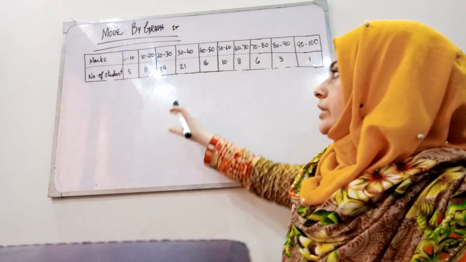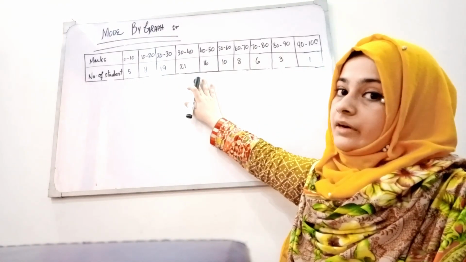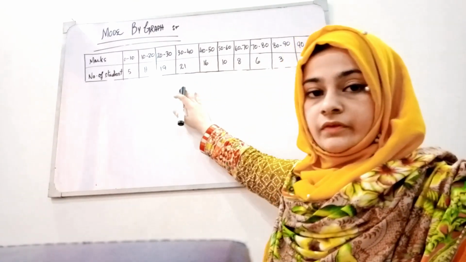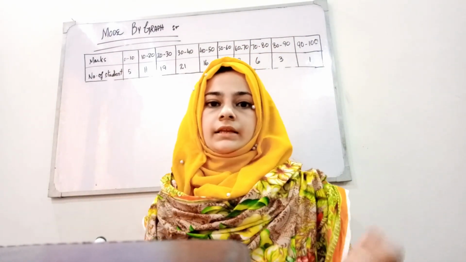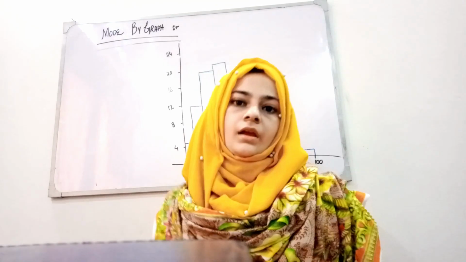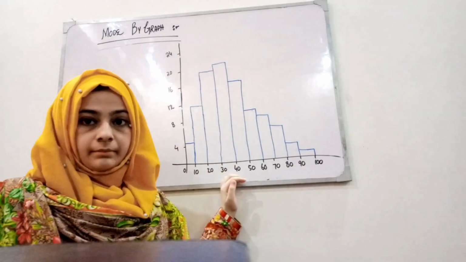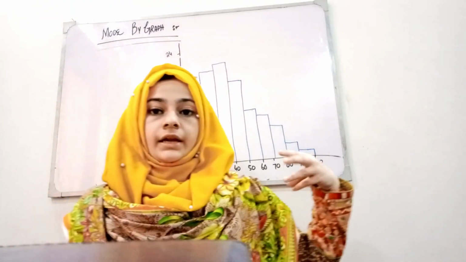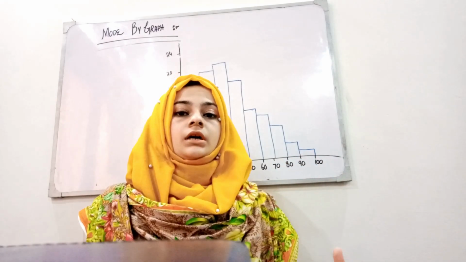So students, here we have a group frequency distribution, and we need to find the mode for that. But for that, the examiner says first you need to construct the graph. So we will first construct the histogram, which is super easy, and the link is in the description box on how we can construct the histogram. With the help of the data, I have constructed the histogram, and I need to locate the mode. There are 3 steps for finding the mode from the graph.